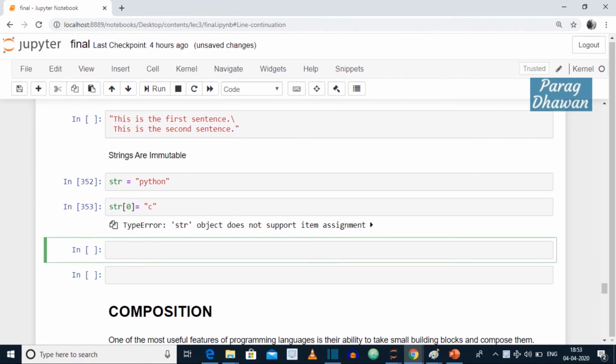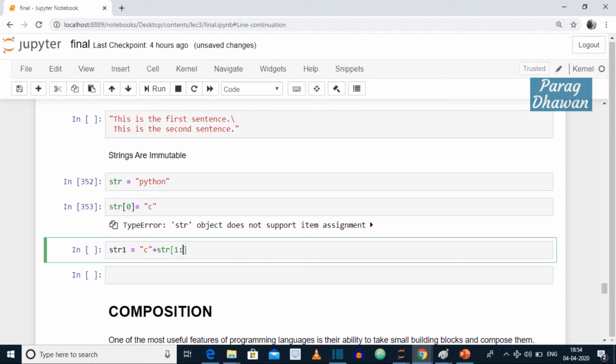But if you want to create a new string using the previous string, I am creating str1 is equal to character C plus str[1:]. Here I am using string slicing.